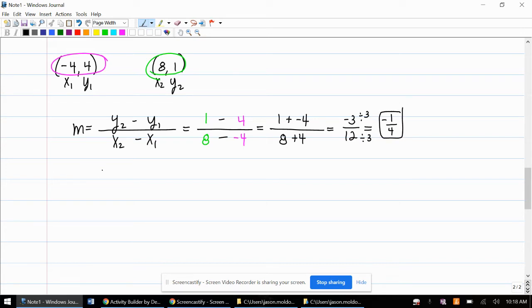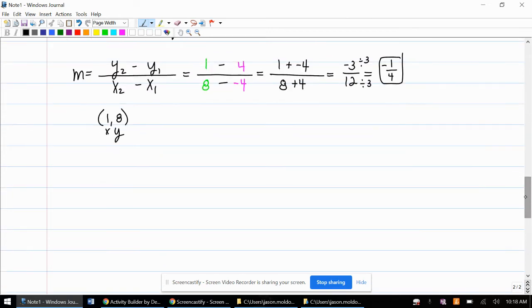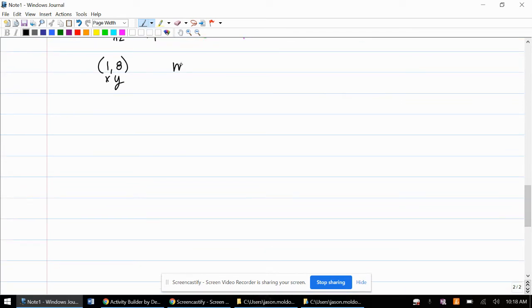Next, we're going to pick a point, and I'm going to choose 1, 8. And I'm going to try to cover up some of this other work so I don't get too confused. And I'm going to use my slope, which was negative 1/4. I'm going to plug this into y equals mx plus b. And like we've been saying, for a lot of these,